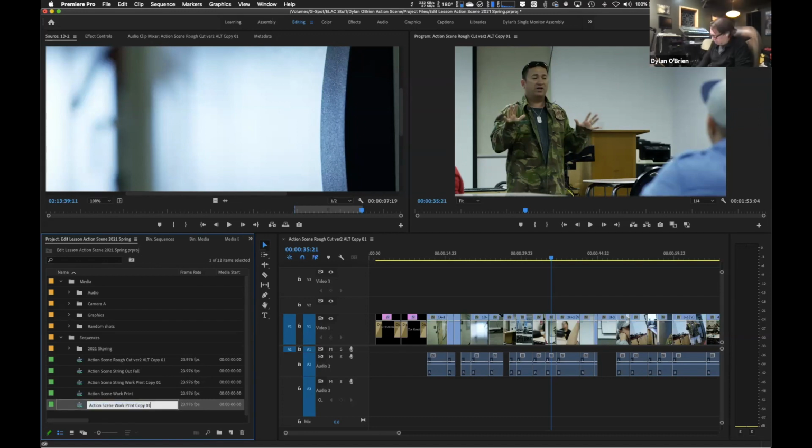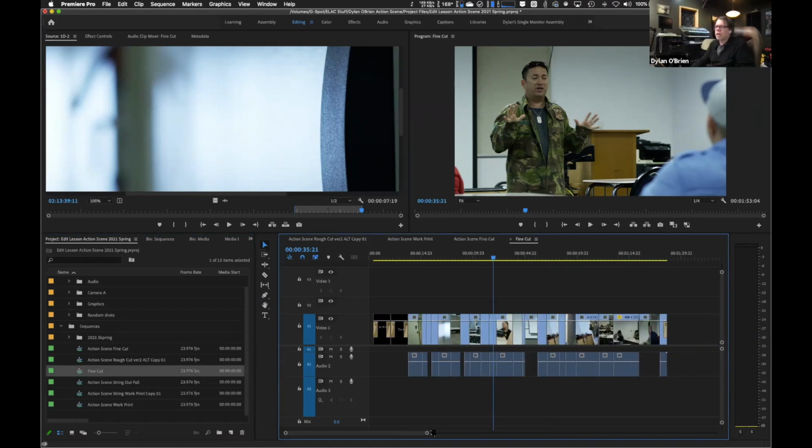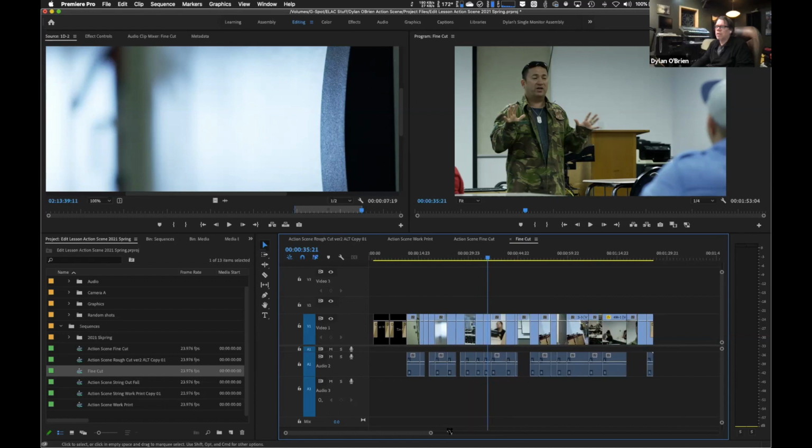I'm going to instantly call it, not work print, fine cut. So now that I've gone from work print, I can go to fine cut. Once I get to fine cut, now is where I'm going to start dropping music down. I may drop music down in the work print just to start getting things synchronized,